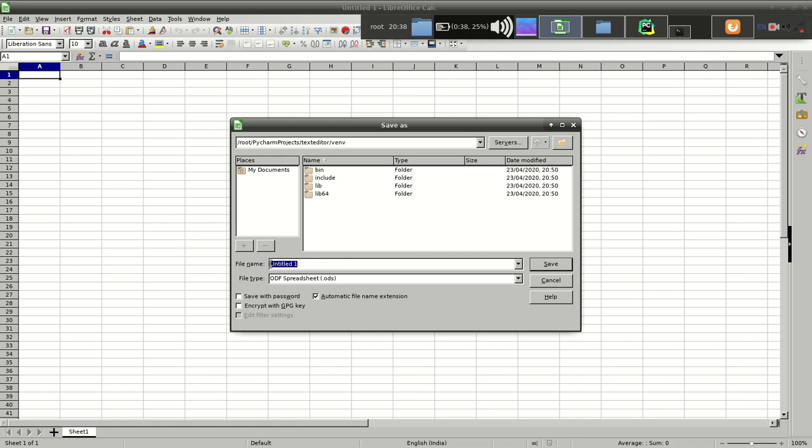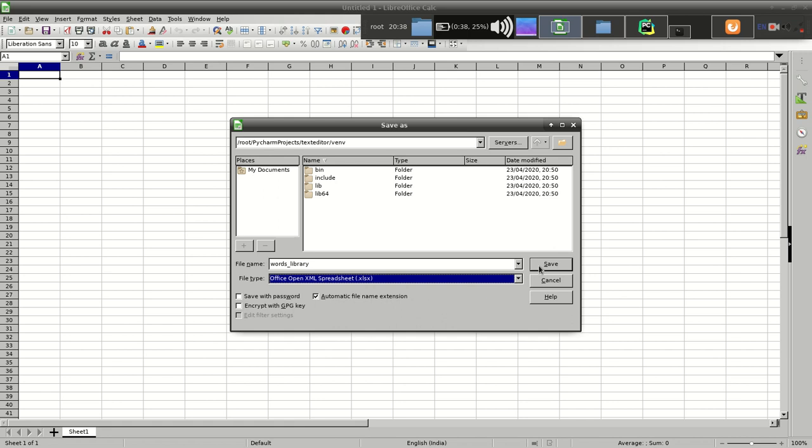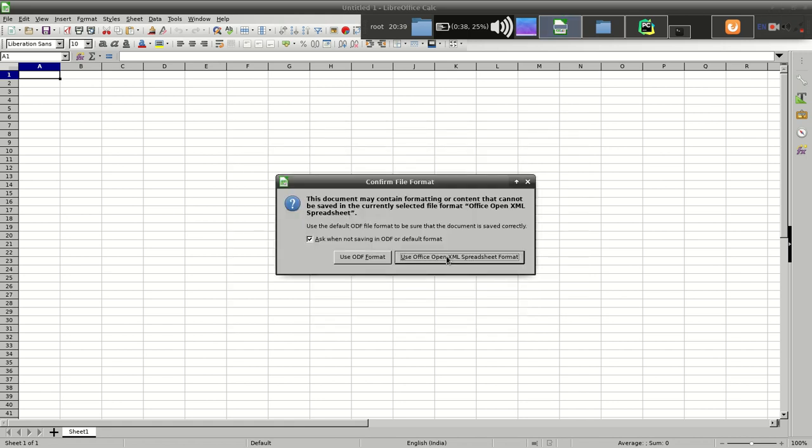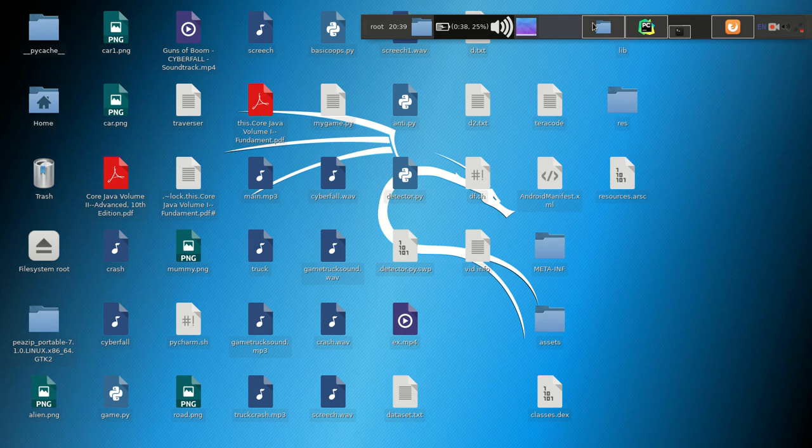So here I want to add that file, just remove this one, and save it with the .xlsx extension. Yeah, save. So that's fine. You can close it, no problem.